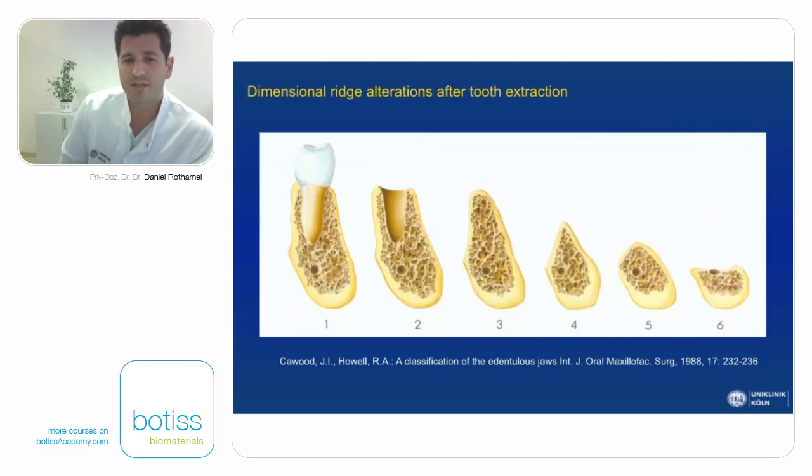What happens after a tooth extraction? Of course, we know that we see dimensional ridge alterations after tooth extraction, that we have two different parts of this mandible, for example, the basement of the mandible and also the alveolar process. So when we remove the tooth, we can see that in this area the functional loading on the alveolar process is missing. Therefore, the alveolar process is being resolved. With ongoing time after tooth extraction, the alveolar process will just disappear to the situation where we just have the basement of the